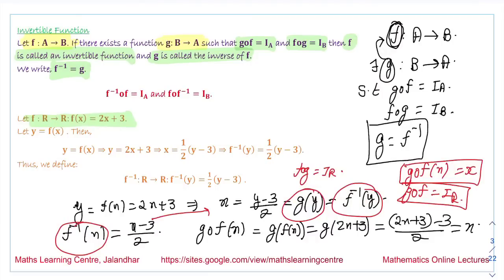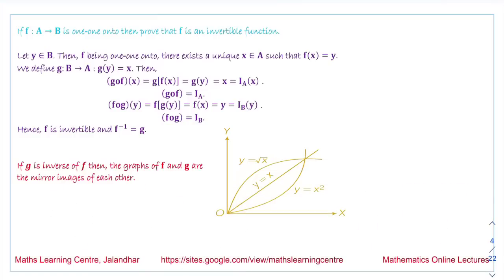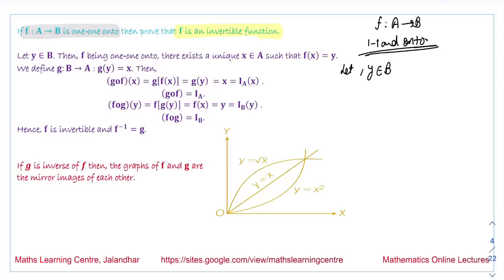The next theorem that we have to prove is: if f from A to B is one-one and onto, this function is given to be one-one as well as onto, we have to prove that the function f is an invertible function. So as it is given that this function f from A to B is one-one and onto, we are saying let there be an element y which belongs to B, then f being one-one and onto, there exists